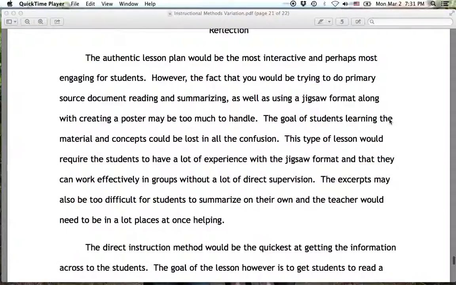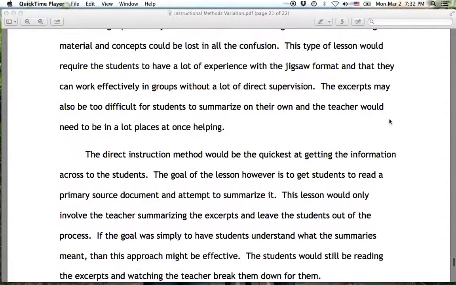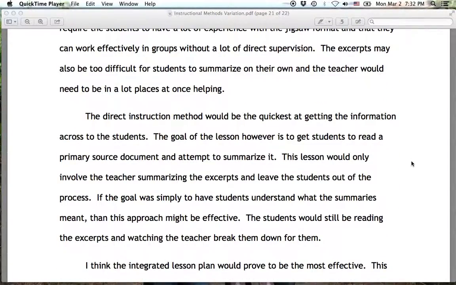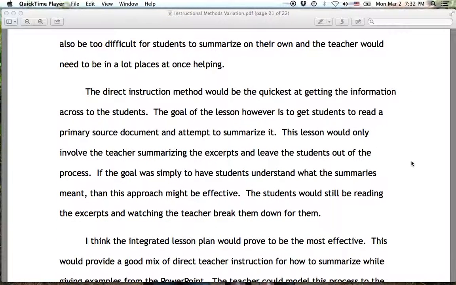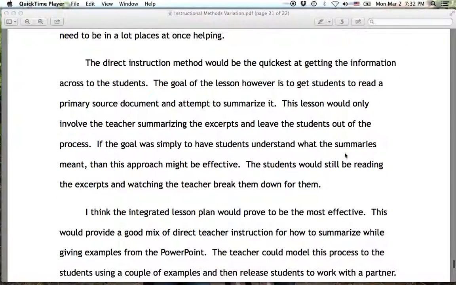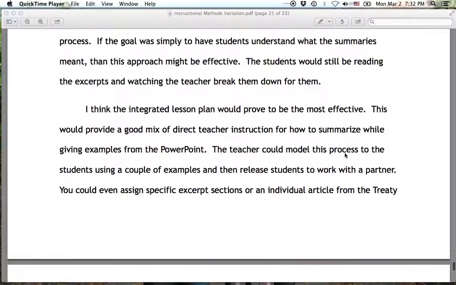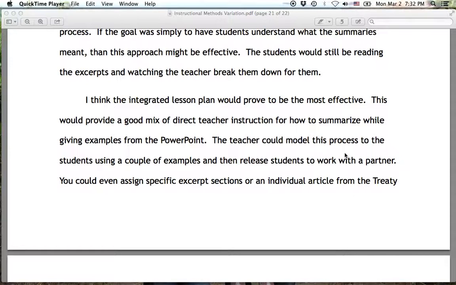I also discuss here that direct instruction is kind of the opposite, where it'd be the quickest and easiest way to get information to the students, but the goal is to get them summarizing a primary source document themselves, and they're not going to do that if you, as the teacher, are summarizing it for them and just giving a direct lecture. If you didn't care about them doing summaries and you just wanted them to have the information, that would be fine. But I picked the integrated plan, where I would think it'd be the most effective